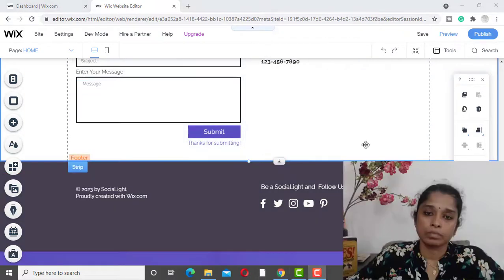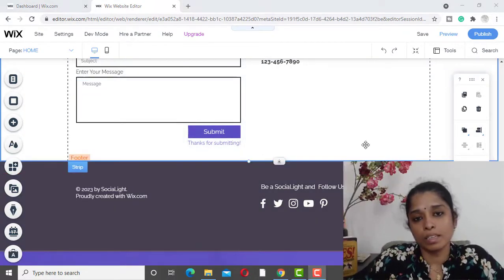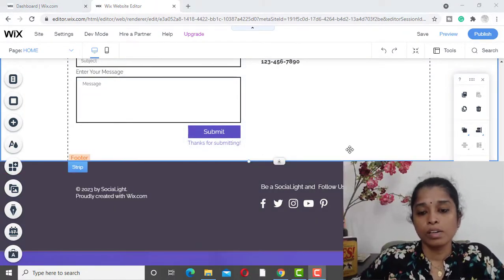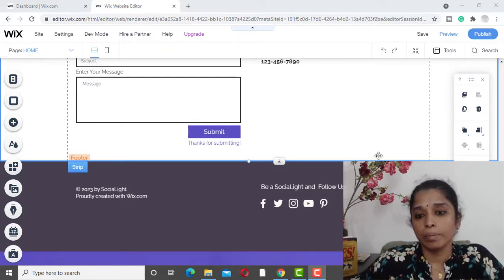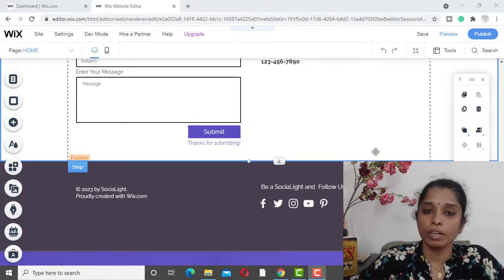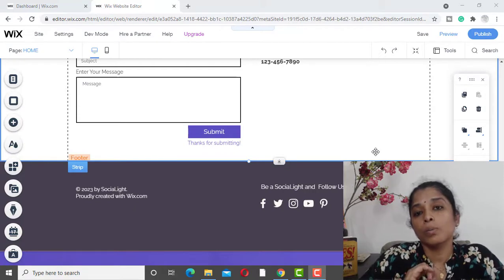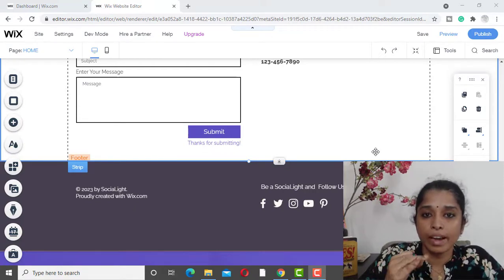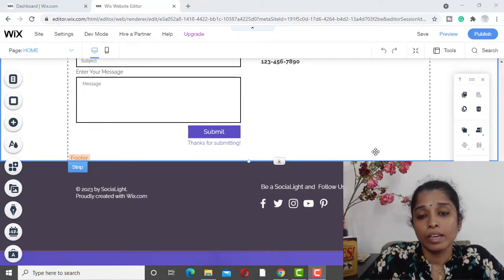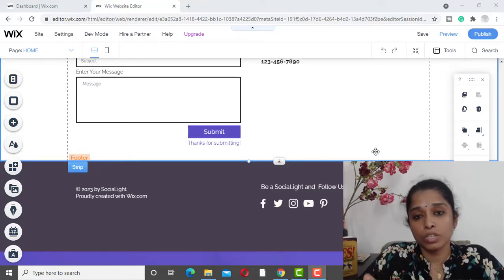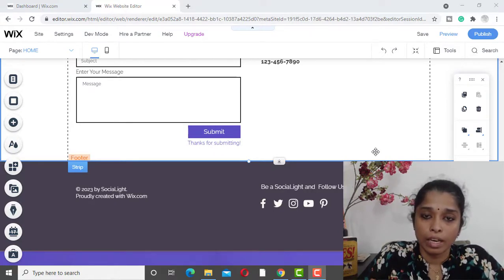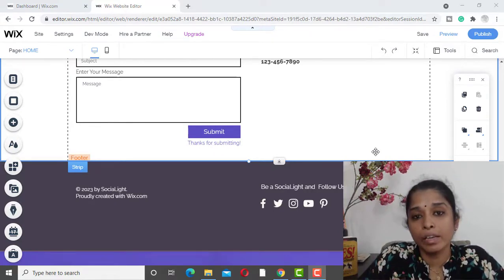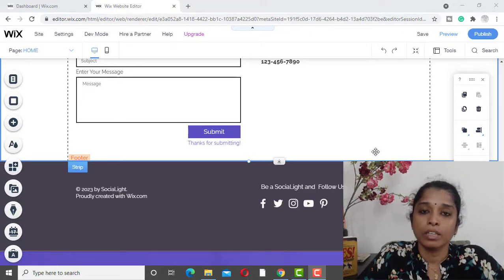Okay, I hope you have understood what I have taught so far. I would like to give you a recap of what we have learned. We have learned how to edit images, edit text, edit buttons, and how to add the links, right? And how to change the images, background images, how to add the layouts, and how to edit the header, how to edit the menu, how to add the pages, and how to add the footer.